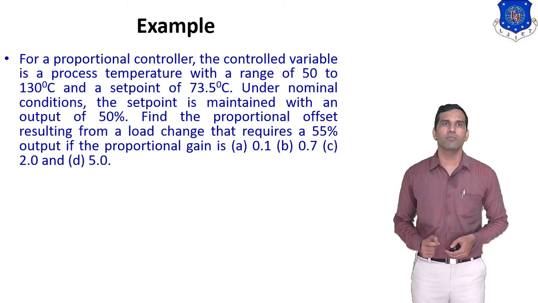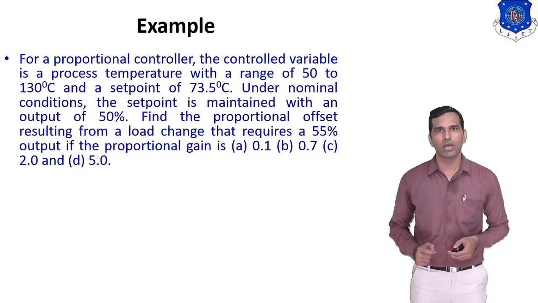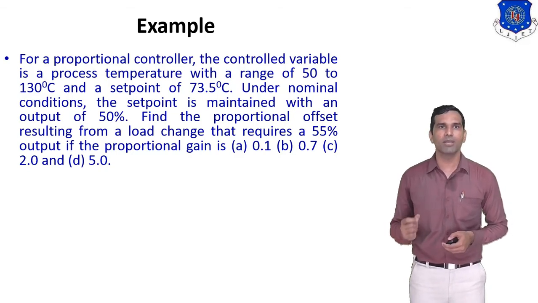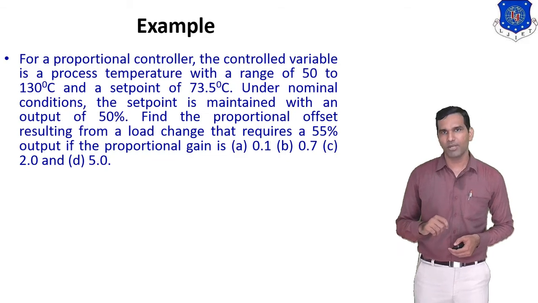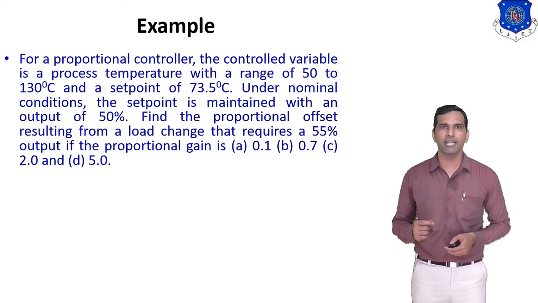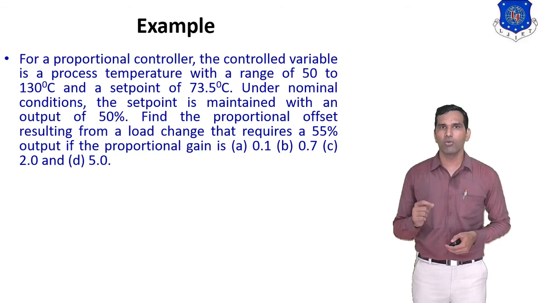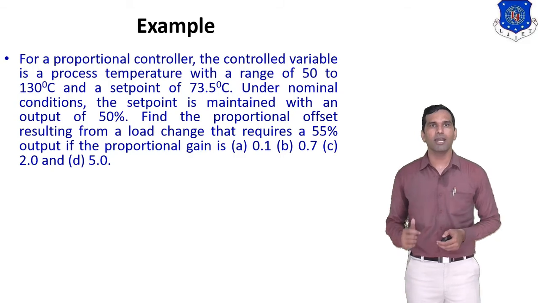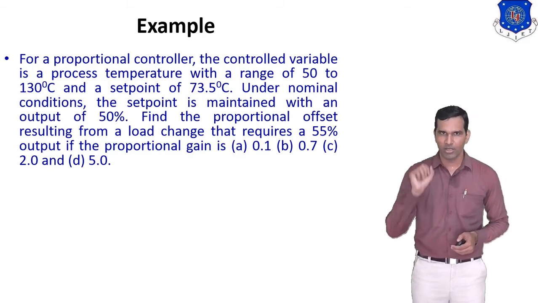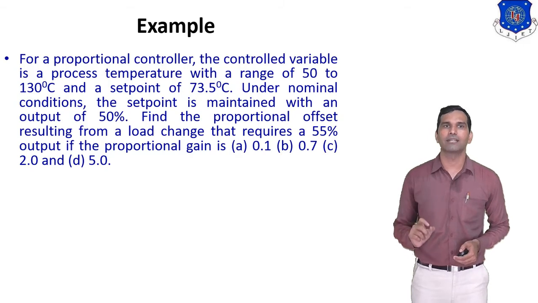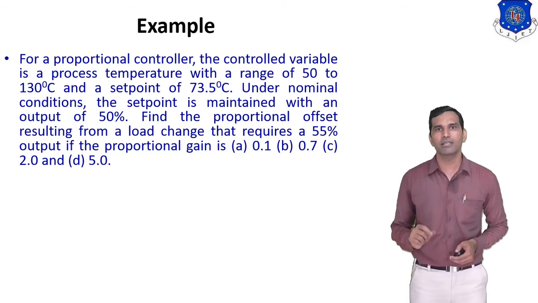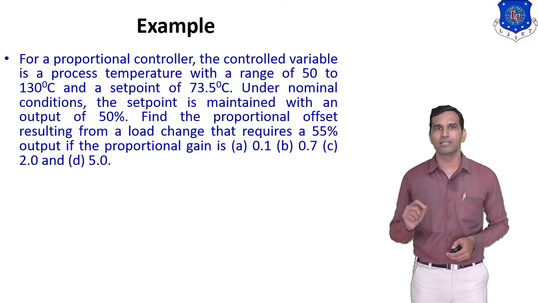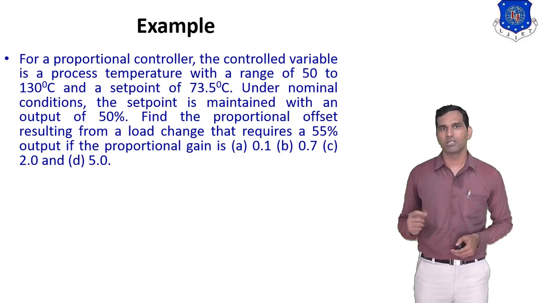Now we see a second example. For a proportional controller, the control valve is on a process temperature with a range of 50 to 130 centigrade and a set point of 73.5 centigrade. Under the nominal condition, the set point is maintained with an output of 50%. Find the proportional offset resulting from a load change that requires a 55% output if the proportional gain is 0.1, 0.7,